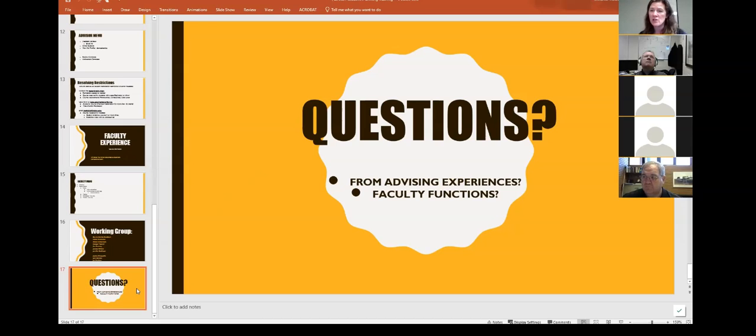They will still have a registration window like we've had in the past, and that will appear on their student planning screen. So when they go in to select classes, it will show at the top of their screen when their advising window opens. So they'll have that right in front of them, and we'll be able to register after that.